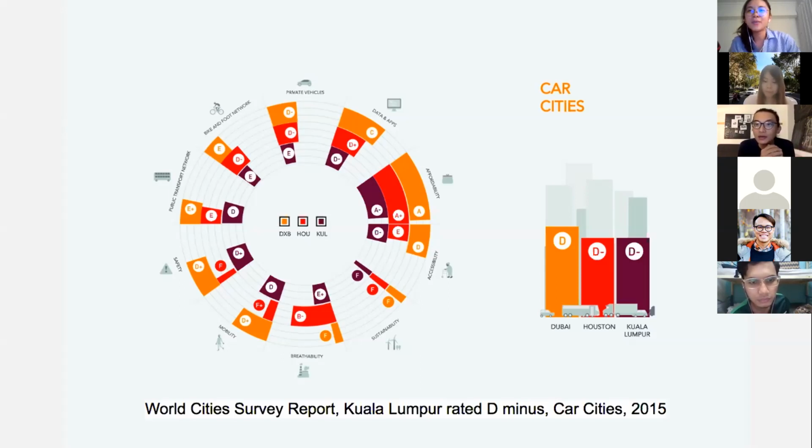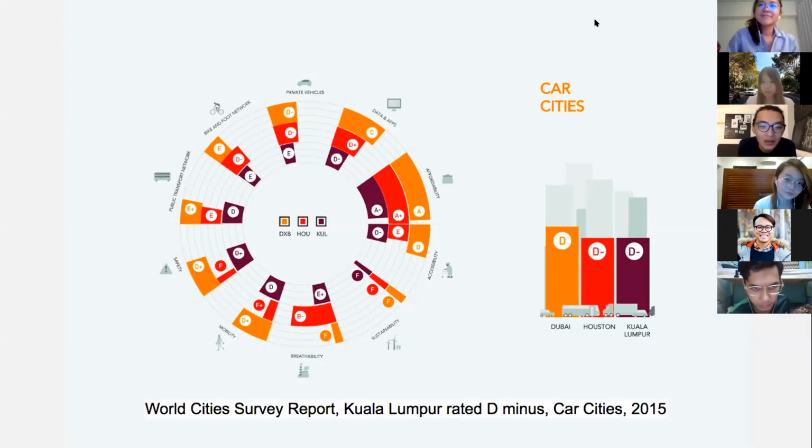Sorry to interrupt. Why is the comparison against Dubai and Houston particularly? It's not a comparison. We are in the same group. Okay, Houston. I don't have the rest of the study here, but if you're going to compare Copenhagen or Amsterdam, you're probably in the region of A and B. Whereas if you look at Malaysia, we would be in D-, because of accessibility, affordability. You can see from the parameters that they put in here, those are how they graded it.